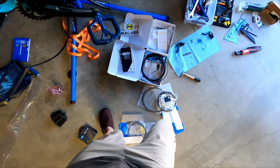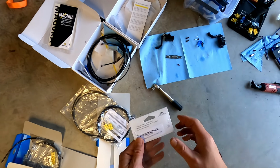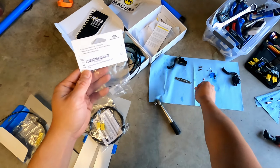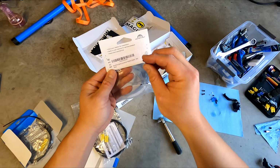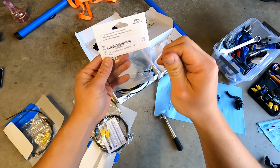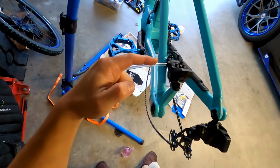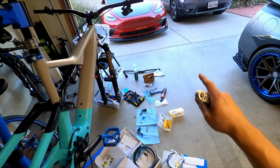What we're going to do is use this tool. It's called RockShox's Barb connector. So you essentially connect this to both ends of the hose, and then you pull it through. All right, so I've got the bleed port connected to an empty bottle,